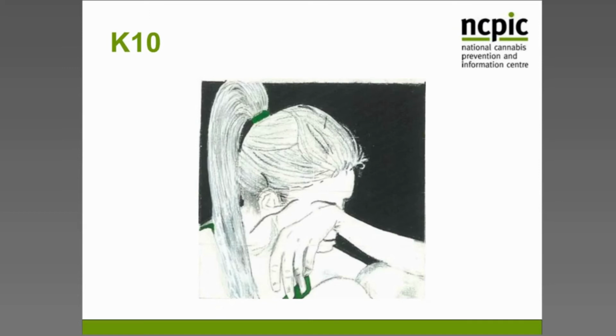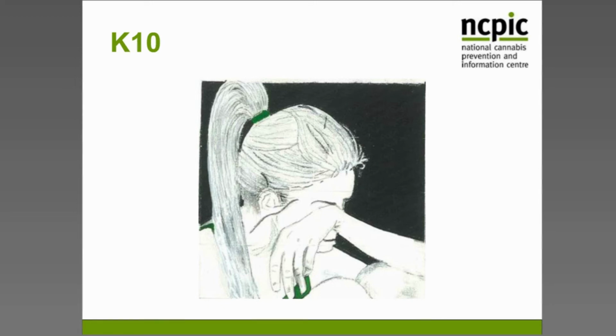And then there's the K10. If you've already done it, then you just want to make sure that it's still relevant. And it's really not to be scored. It's just trying to identify and highlight perhaps feeling a bit down, feeling a bit nervous, feeling a bit depressed, feeling a bit worthless, and perhaps planting a seed that may have something to do with their use of cannabis. That is really the reason that you would ask that question. And then you ask about how satisfied they are with where they're living, with their relationships, their sexual ability, and you expand on that. Oh, can you tell me more about that? Why aren't you happy with that? Again, trying to make those connections, either subtly or not so subtly, between cannabis use and other issues that are